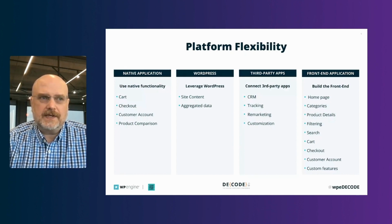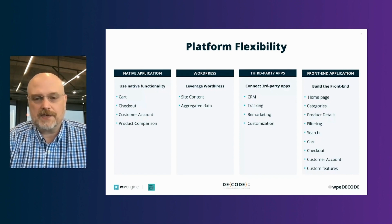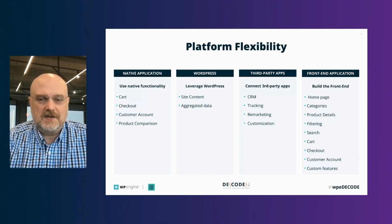And then we had to take into account third-party applications, right? Where was data coming or going, right, for their CRM, for tracking, for those kinds of things. And then finally, you need to plan out what are the components that you're going to build in that front end and where are they going to pull the data from. So ultimate flexibility means that you have a lot of decisions to make, and remembering that you are basically building an e-commerce application with all the tools that are available in Atlas, and in this case, BigCommerce, to be able to create that store. So I just wanted to highlight that it's very important, right, to make that plan,